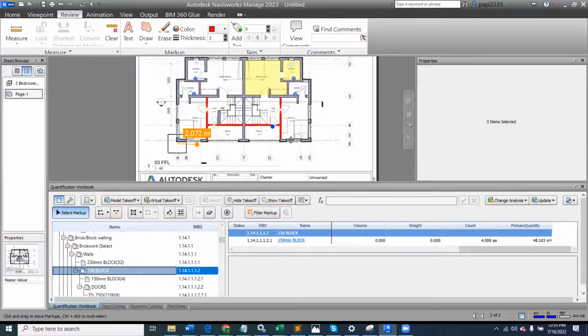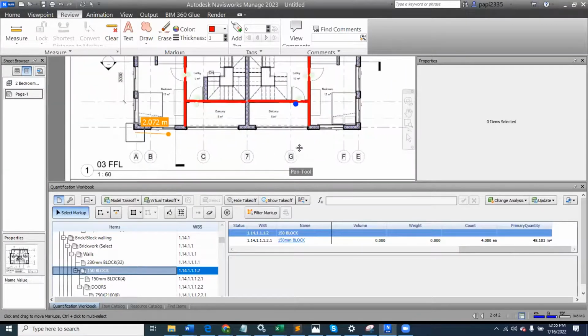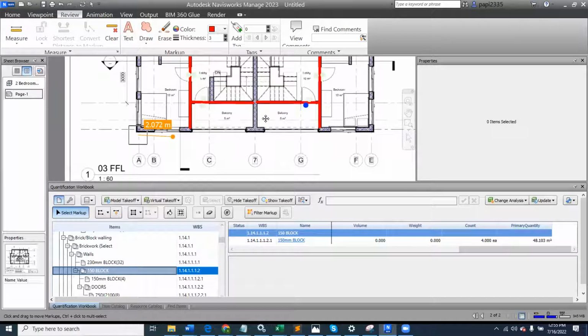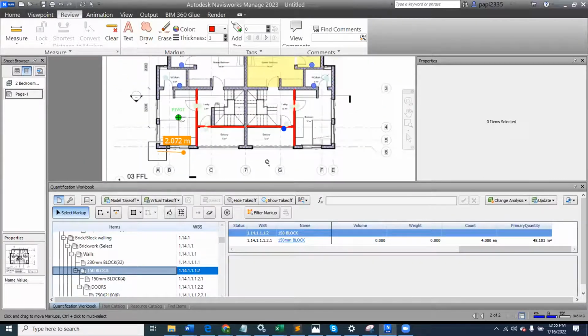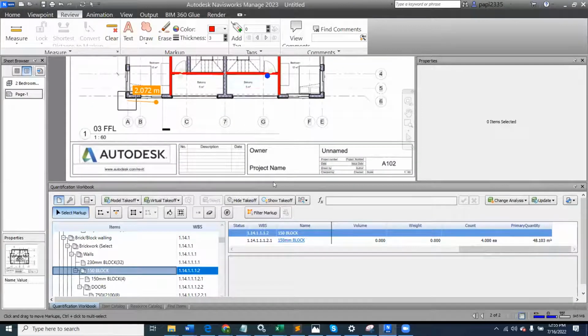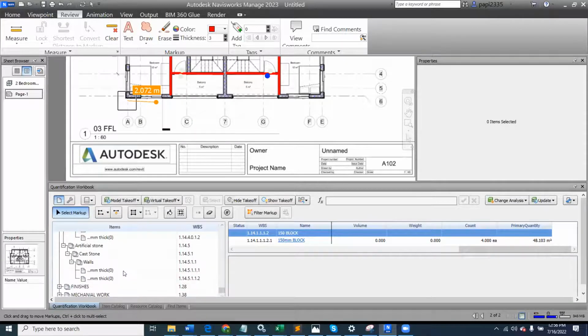Okay. Somebody is asking how to take care of services that are associated with piping and cabling. If we have any electrical or mechanical work that requires piping, of course, pipe is measured in linear meters. The workflow is not too different from what we are presenting here. The only thing that differs is your definition of the items that you're going to be taking off. If you want to take off something like pipe, for example,